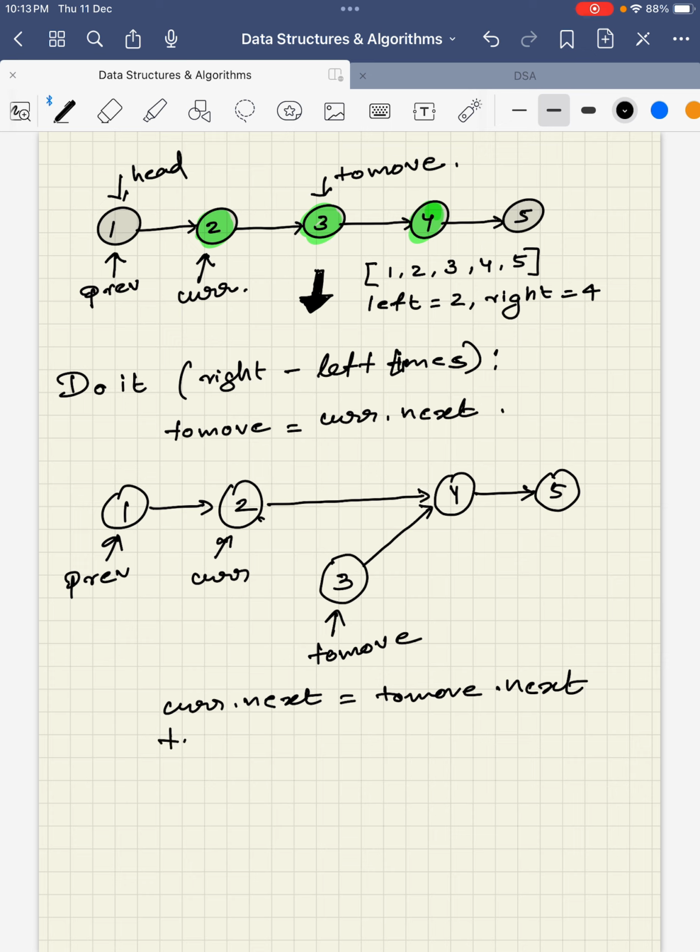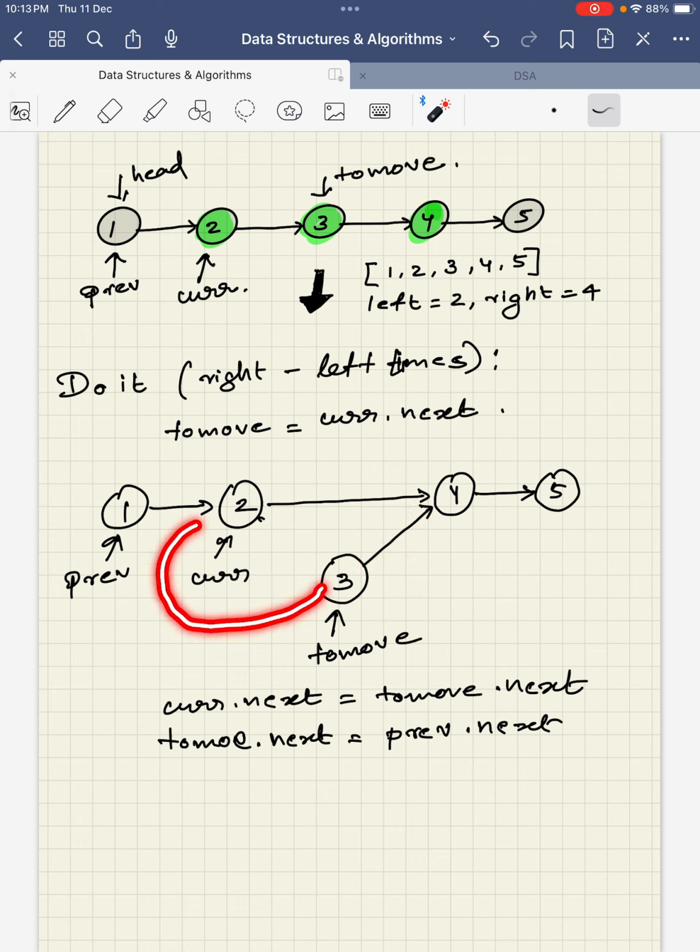To move dot next would be going to previous dot next. So this to move dot next would be going towards previous dot next, that is here. Let's erase it and mark it very well. This would be going towards here. And previous dot next